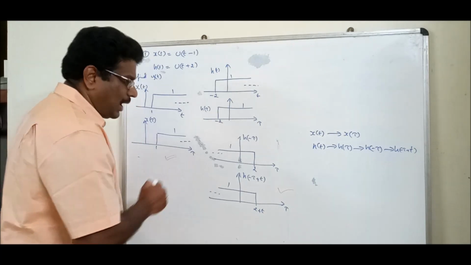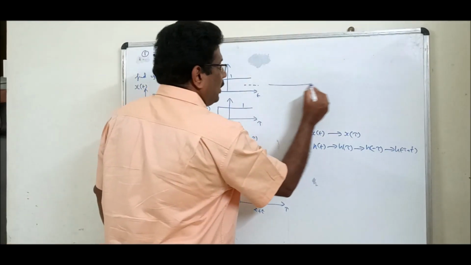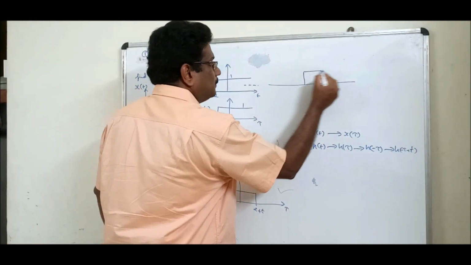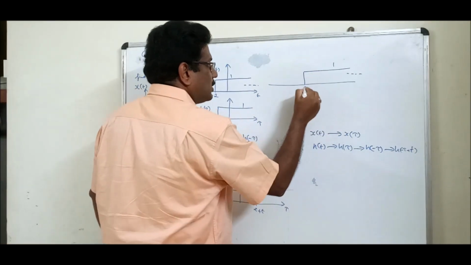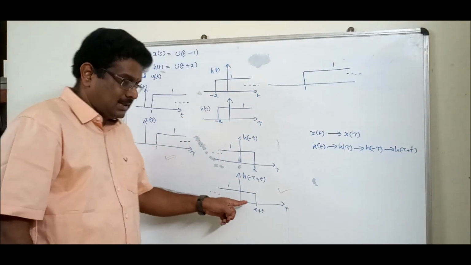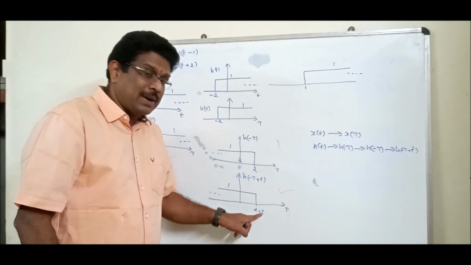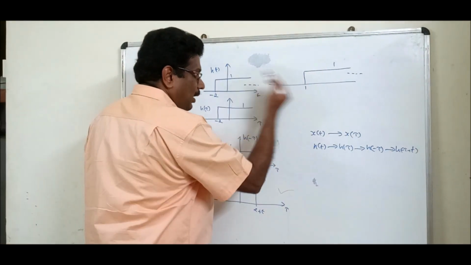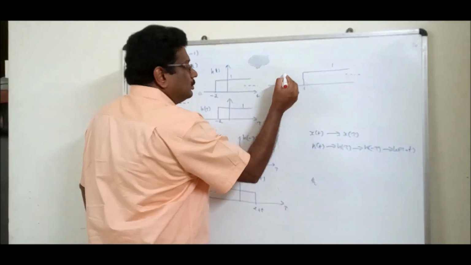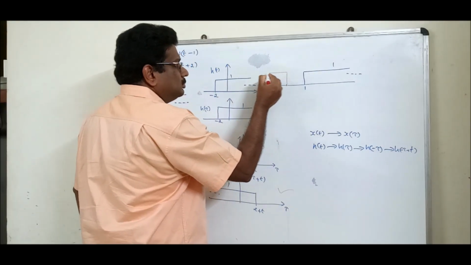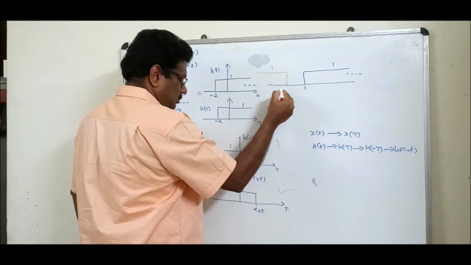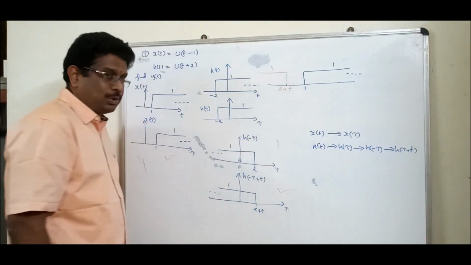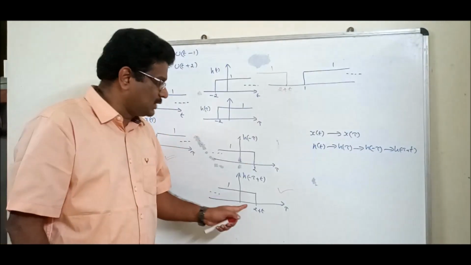Now, using these two, I am going to do convolution. What am I going to do? Please recall. This is the fixed signal. Let me draw. Amplitude 1 starts here. This is the variable signal, which depends on the t value. Preferably draw it this side. So I made two signals. One is fixed this side, the other is moving this side.